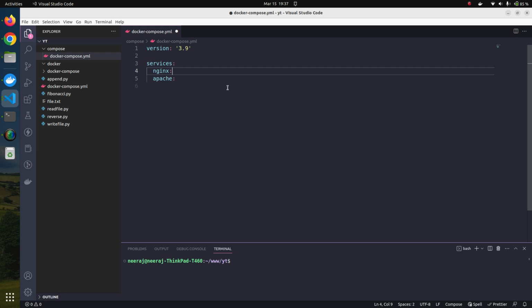So we are going to have 3 services. One is Nginx, and the second one is Apache. In Nginx, you might recall that in a Dockerfile we need to provide one base image, right? So here also we have to provide the image from which we are going to build this container. So the image name is